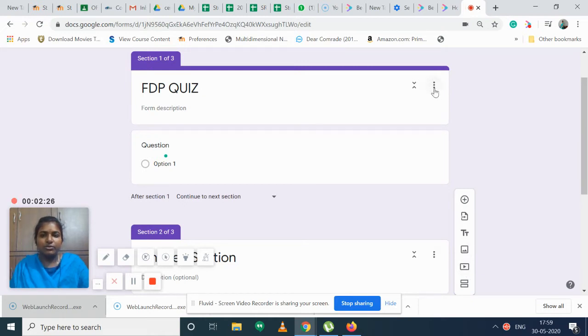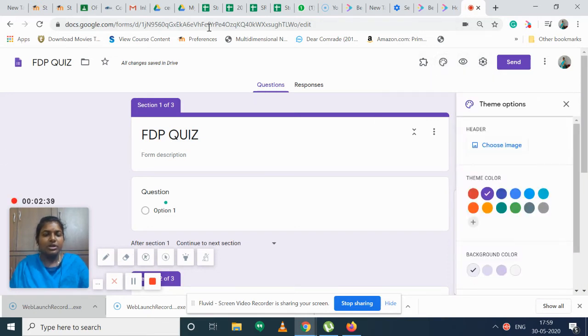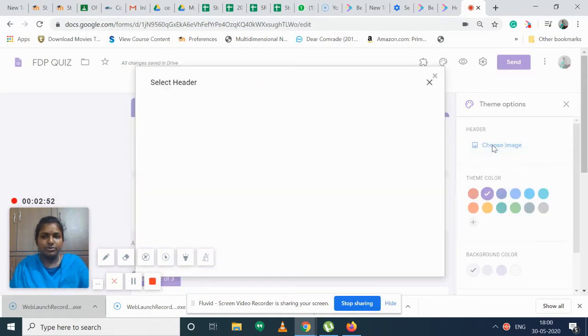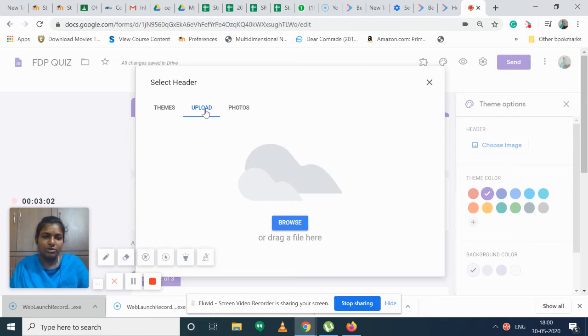Then we have these keys: add-ons, theme, preview, and settings. First, in the theme, you can change the theme of the form, such as the color. Blue is here. For the header, if you want to insert an image, some images are already available, and you can select any from these, or upload a picture from your system.